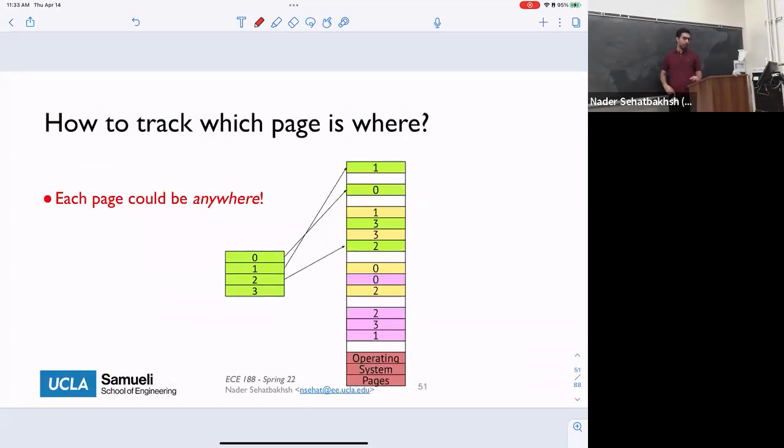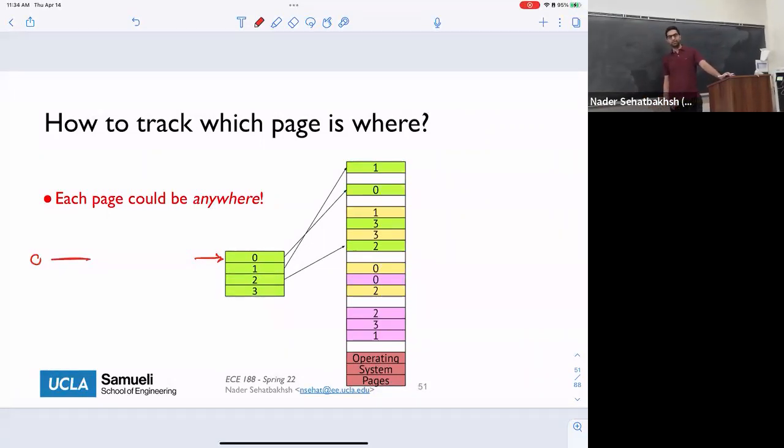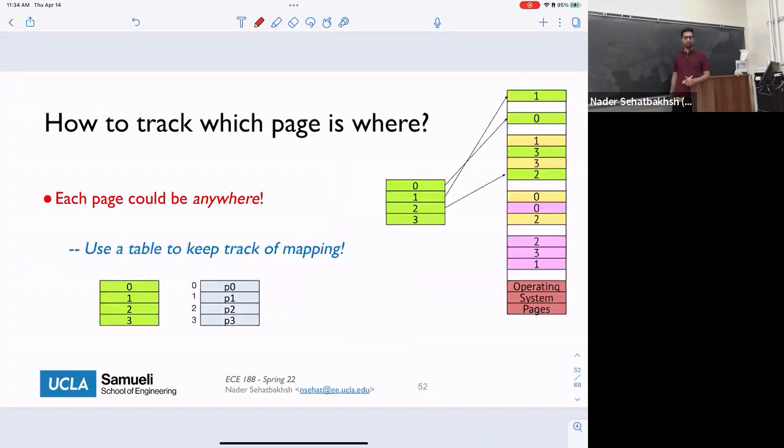The problem with this approach is tracking where your page is. Since I said I can store a page anywhere in my memory, next time I want to read something from my page 0, I need to know where I stored that page. That's a big challenge because the page technically can be anywhere in memory, and I cannot search every individual line in memory to find it. So how do we fix this? We fix this by storing the mapping of our pages to our main memory, and we usually call this the page table.